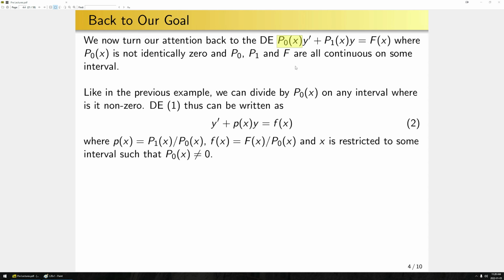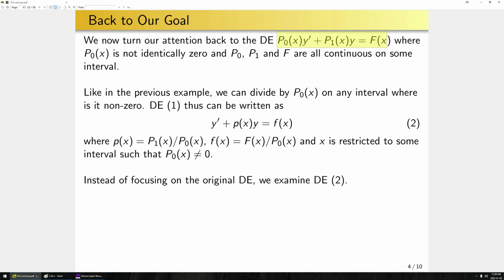I can now get away with working with this equation 2 instead of that first original equation 1. So that's what we're going to start doing for the vast majority of the rest of the lecture. Now, while this function does look a lot easier to work with than the original function,